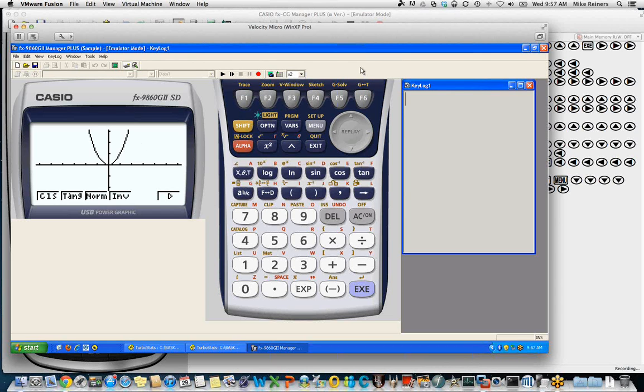So it really facilitates a classroom where more and more in these days, students are not all going to have the same model of calculator. But Casio's made a lot of efforts in its line to make sure that no matter what calculator is in the room, that the same keystrokes can be used and that you don't have to differentiate your instruction. In that way, you can focus more on differentiating your instruction for different students and their abilities and their understanding of mathematics rather than what tool they happen to have in their hand.